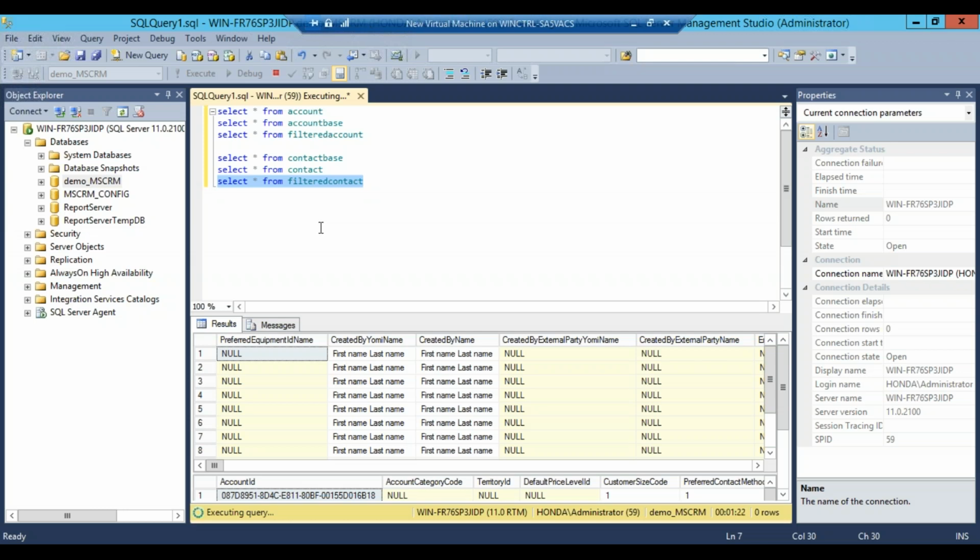One question here: we are using only the online version, right? We are not using the on-premise. For example, I'm a system admin and I want to query the table, so can I have access to the virtual table?